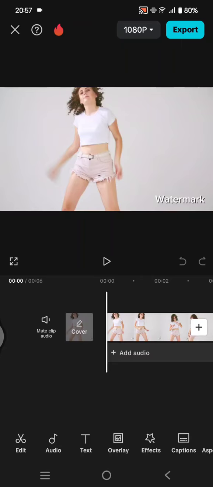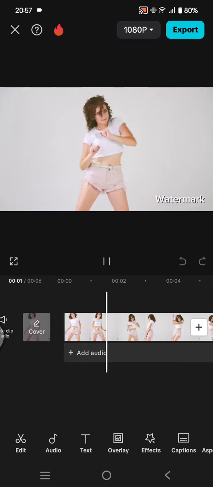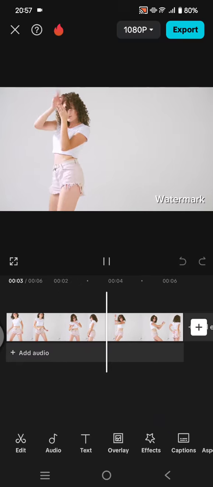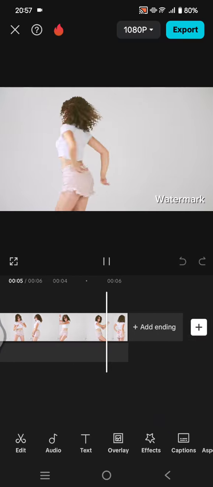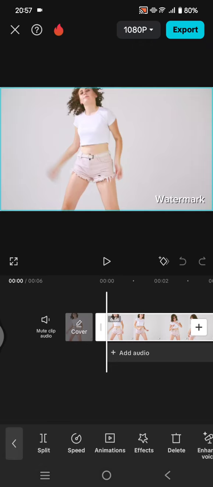On today's tutorial, I'm going to show you how you can remove watermark from videos with or without CapCut. So in here, I've already opened the videos on my CapCut and you can see, let's say that this video has a watermark on it, and here the first way that you can do on CapCut to remove the watermark